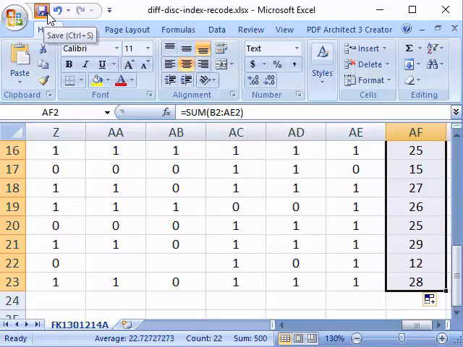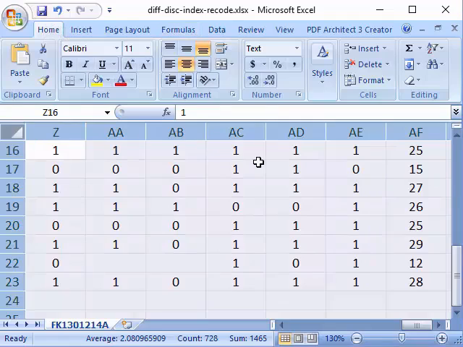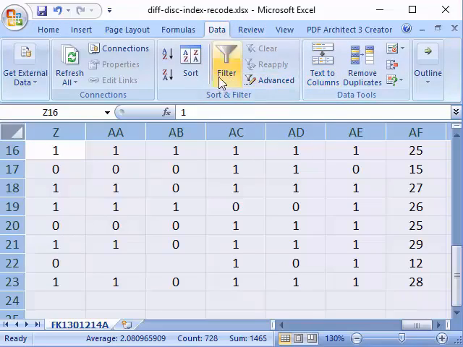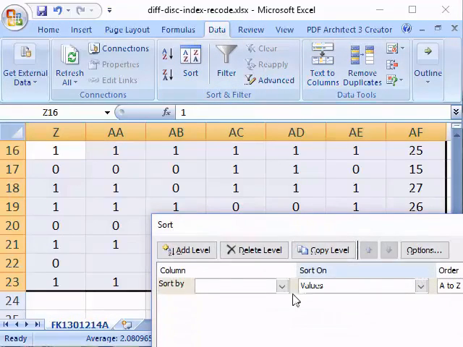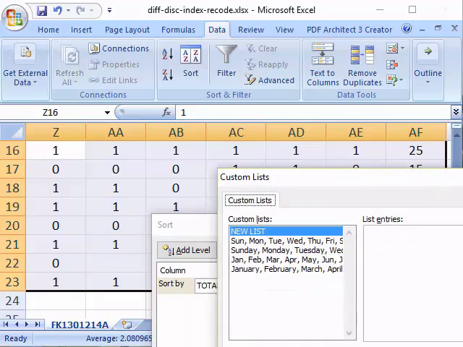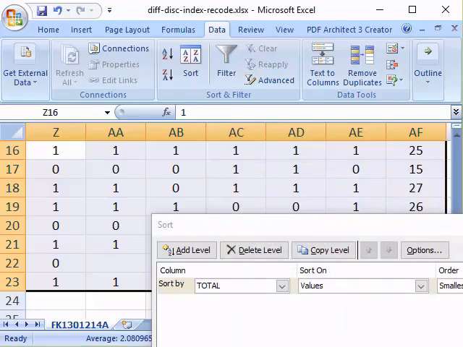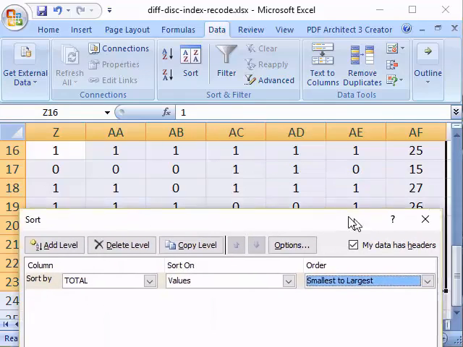Okay, so first thing first, select everything by pressing on the leftmost button. Click the sort button, data, sort. We're going to sort the total column from the highest to the lowest. So I shall bring this column here.